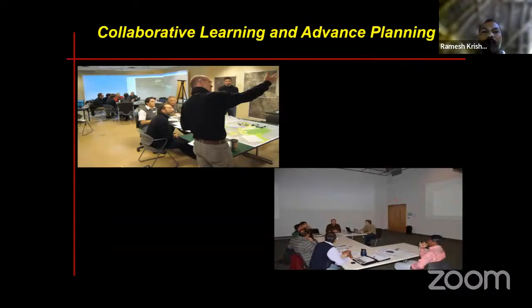And like yesterday I said about collaborative learning and advanced planning, it's a key thing in any knowledge management, because once we have the knowledge, we just discuss with people and then decide on how things can be developed. So I think knowledge management allows us to have collaborative learning and advanced planning. Many advanced countries have actually worked on this principle and incorporated it in the district plan or development plans. They've been successful.